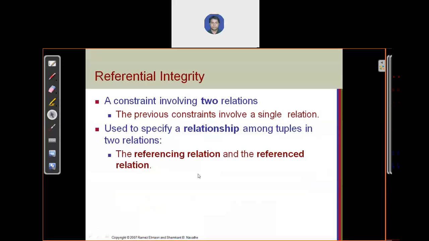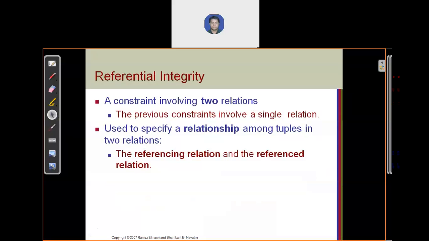The next is the referential integrity constraint. It's very tricky, so please listen very carefully to what I want to explain. The integrity constraints we have seen till this point are based on only one relation.